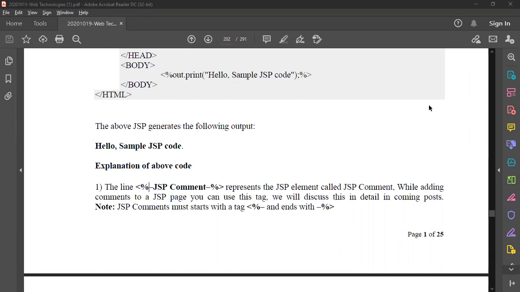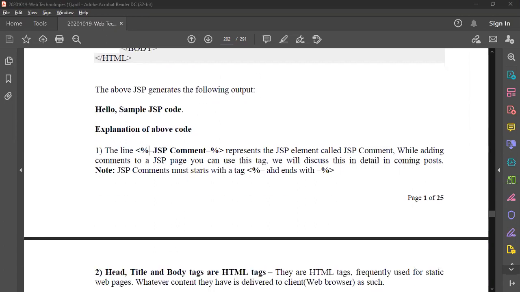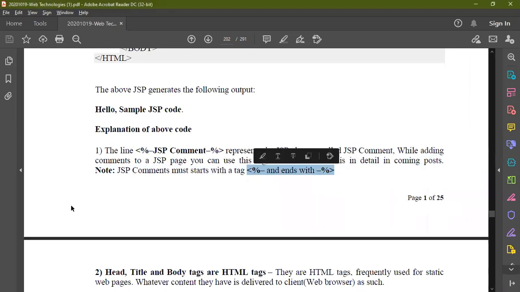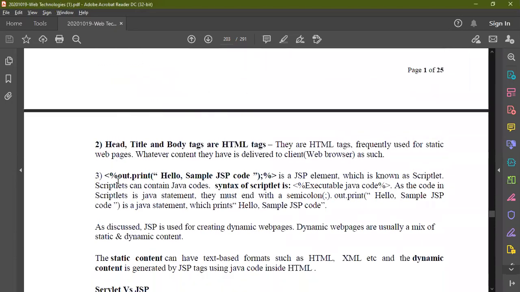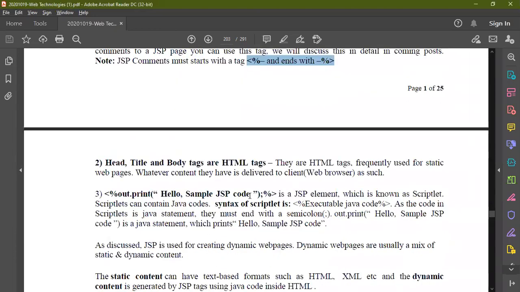Generally, whatever you write, you should write it in between these two tags. Coming to your head section and title section, you already know that in the head section you write the basic information about your file, and in the title you mention the title of the page. In the body, you write whatever code you want to execute.